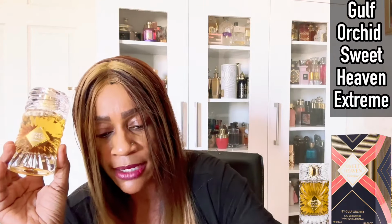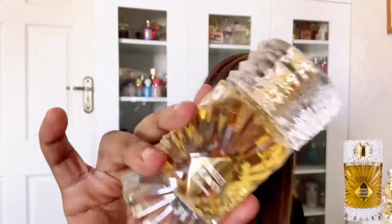beautiful twist there, a spicy, woody type of fragrance. Second from the last is going to be from Gulf Orchid, a house that I'm currently experimenting with, and I was privileged to be gifted these fragrances. Now this one is Sweet Heaven Extreme. They gifted me Sweet Heaven Extreme as well as Sweet Heaven, and I was thinking to myself,